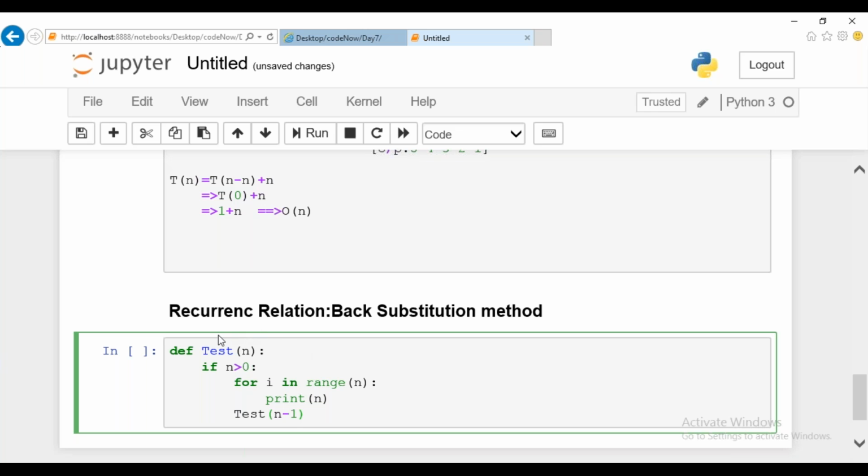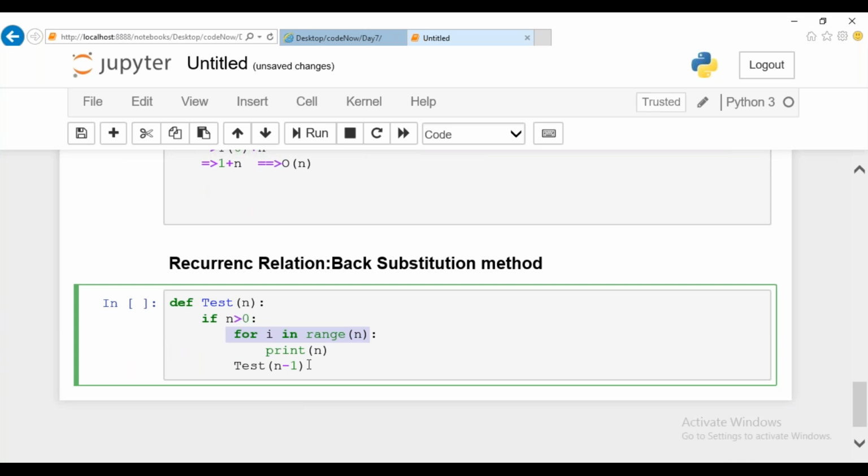Previously we printed directly without this for loop. Now I'm using a for loop, iterating and printing n number of times. That is the variation in this program, where I'm going to do some decrement operation.